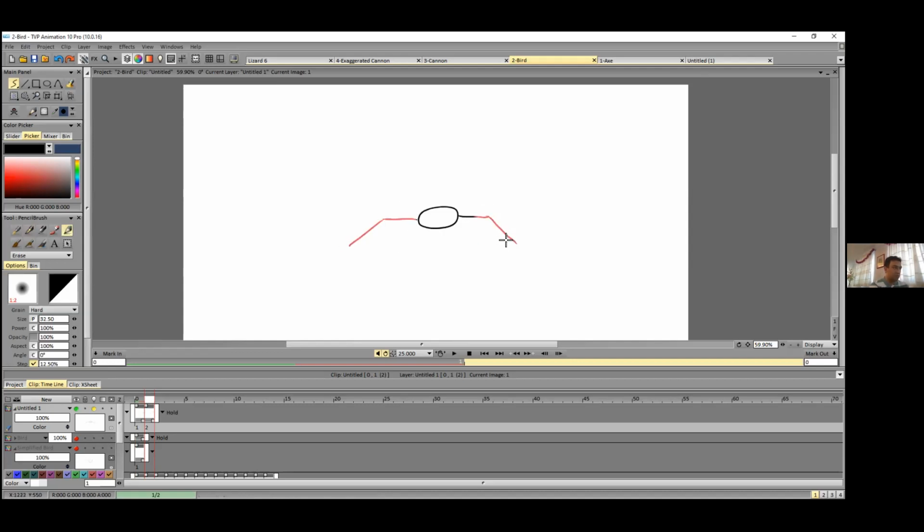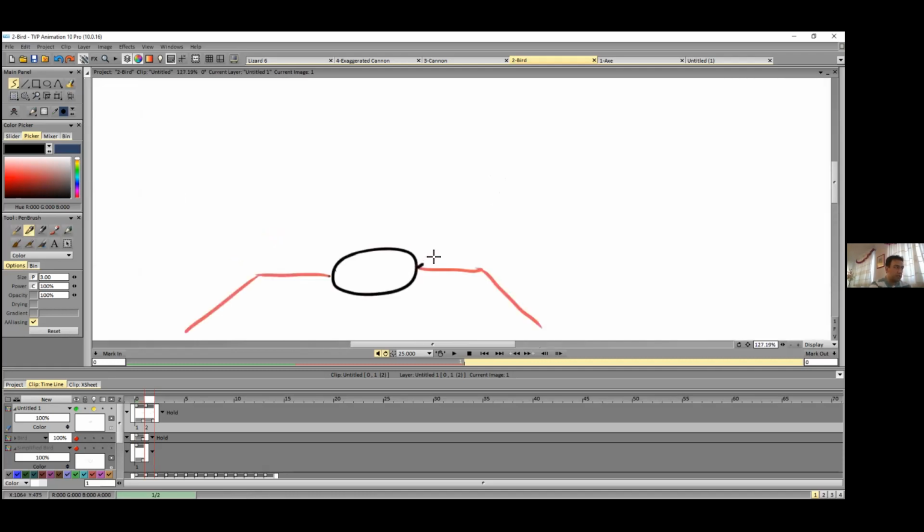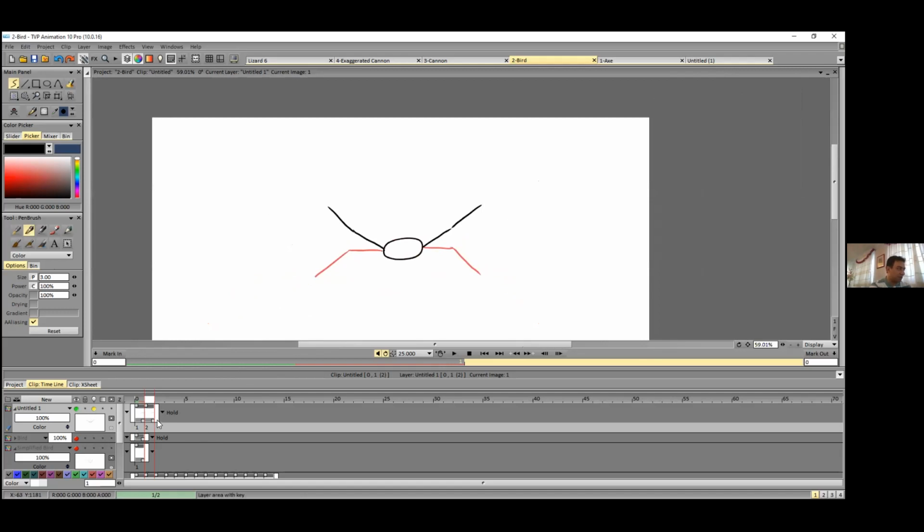Let me delete the wings. In the next frame, the first parts reach their highest point. They reach this position. The second part becomes almost aligned with the first part. Okay.